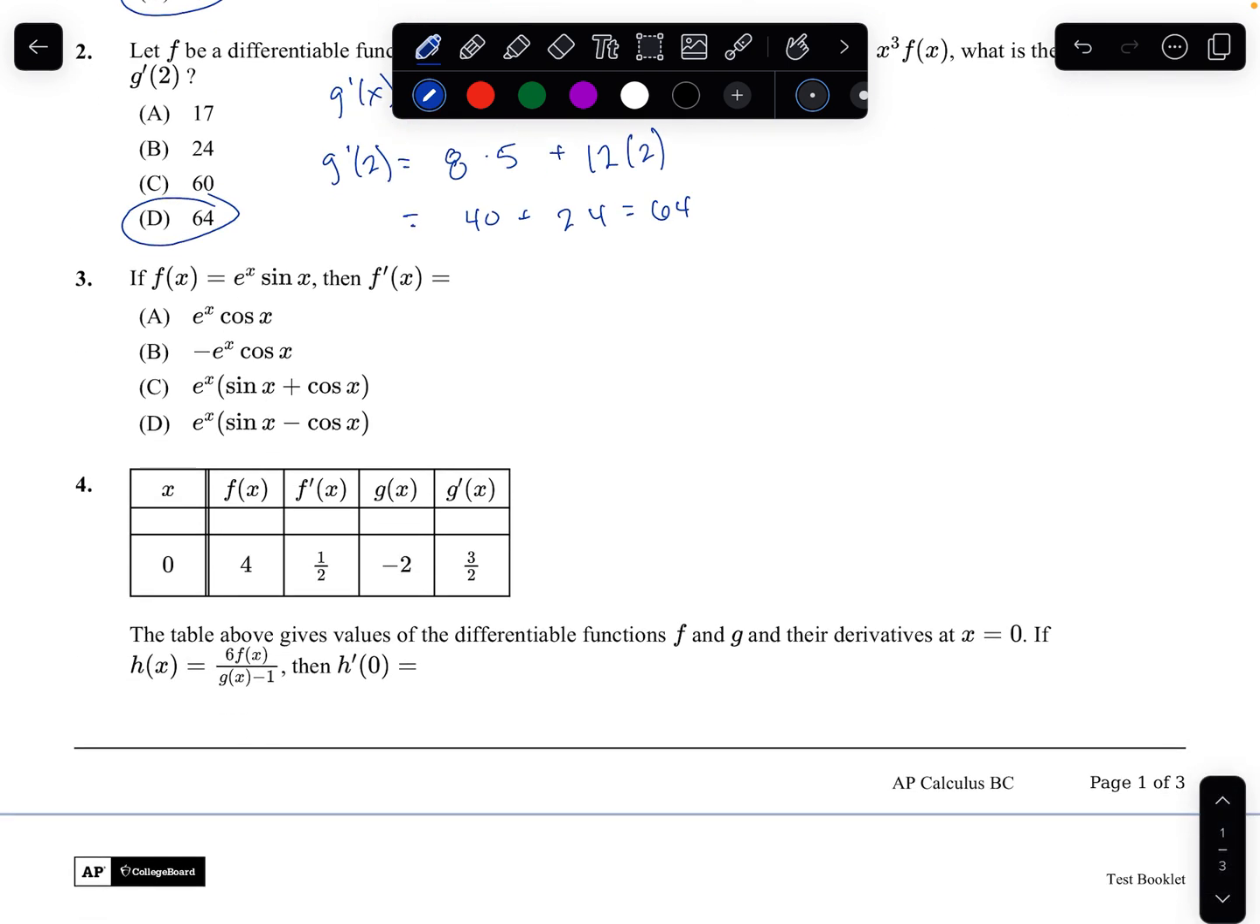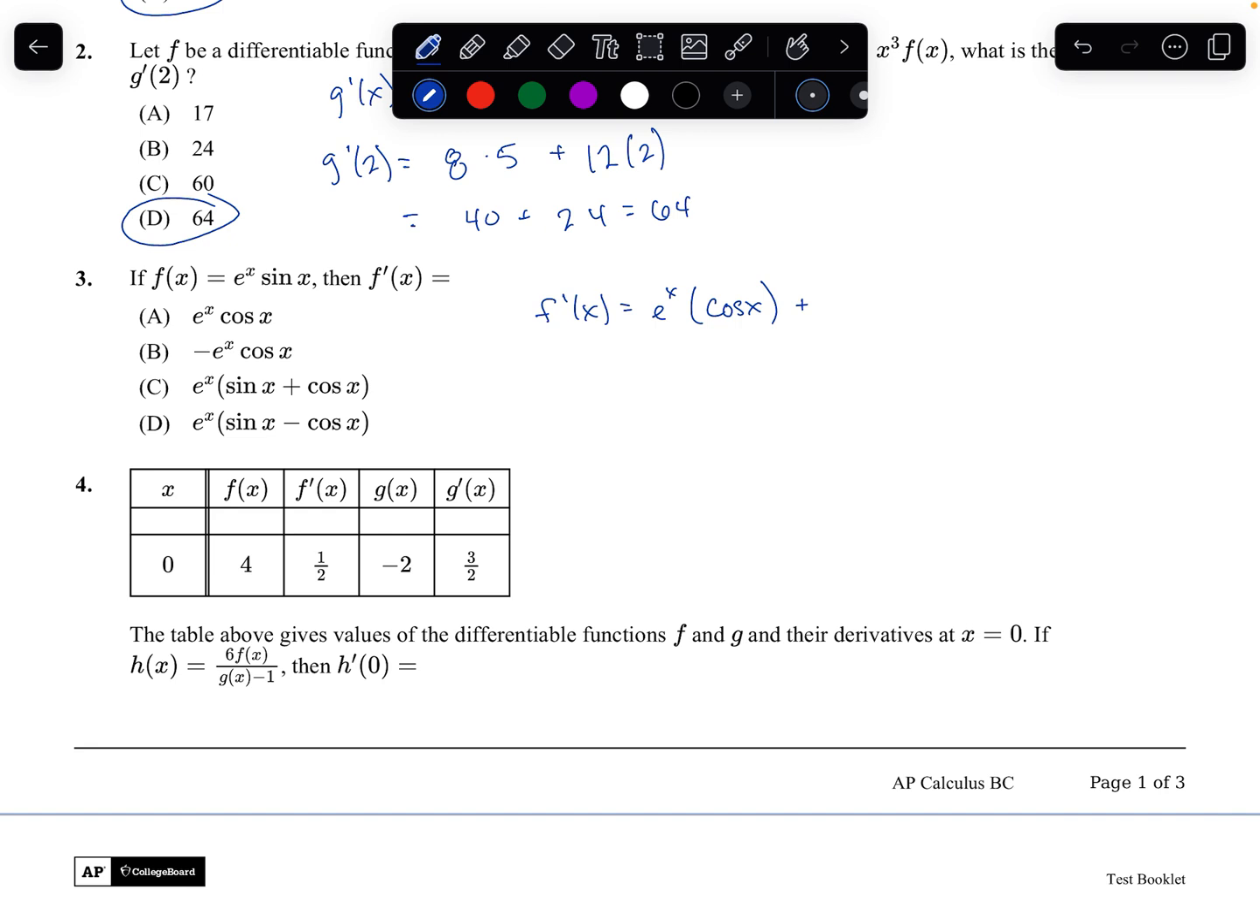Let's try 3. We're given the function f of x equals e to the x times sine of x, and we're just looking to find f prime of x. So we're going to need the product rule. So f prime of x is going to be equal to the first, which is e to the x, times the derivative of the second, and the derivative of sine is cosine of x,